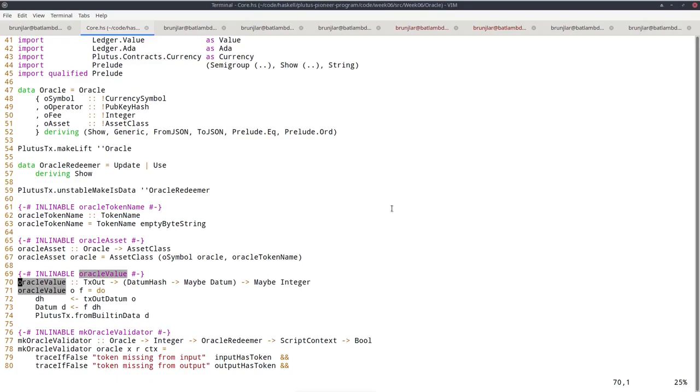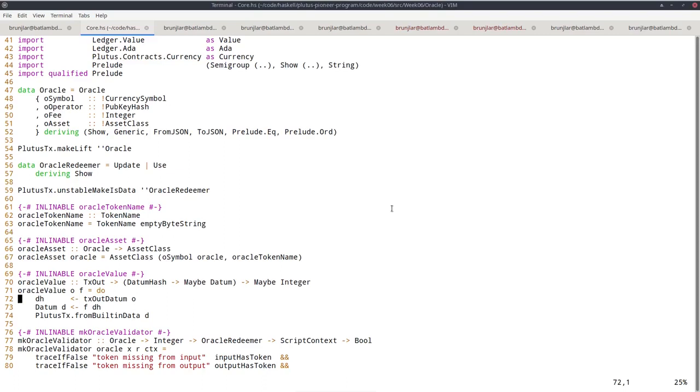Right, and so we will see later how this helper function is used, but it's quite an interesting example of using monadic computation in a monad that's not IO or, for example, Contract. So in this case, it's the Maybe monad. So this do block here, these monadic operations happen in the Maybe monad. So that means the bind captures the fact that this could go wrong and we could get a Nothing, in which case the overall result is Nothing. So it's just 3 steps. First, we take our TxOut and try to get the TxOut datum, which can fail because not any output has a datum. It could be a public key output that doesn't have a datum.